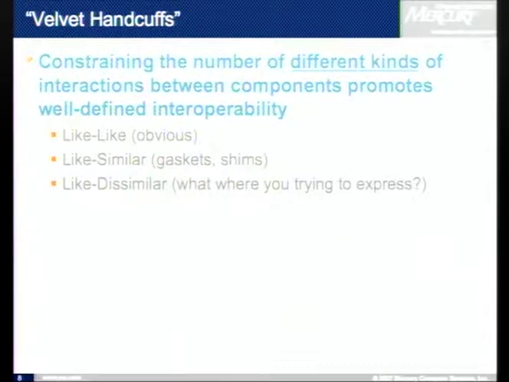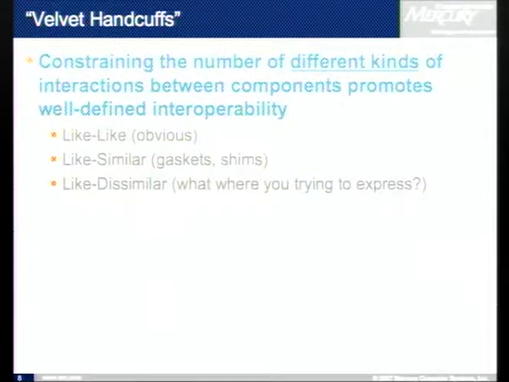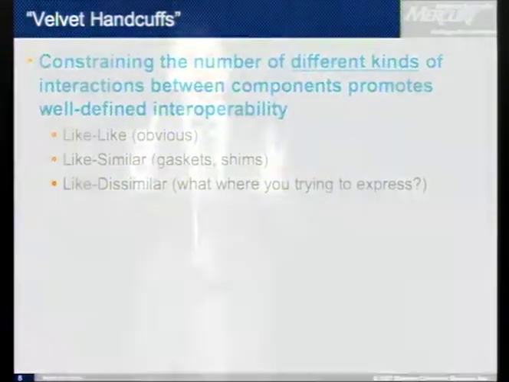If this shape is identical or fits the other shape perfectly, this like-to-like interaction should certainly work. It should certainly interoperate. There'd probably be very lightweight cost of binding the two together. But the cost of coupling two interfaces together as they become